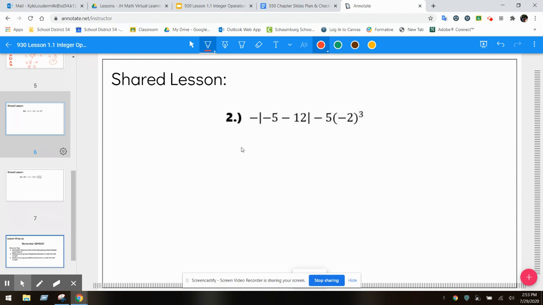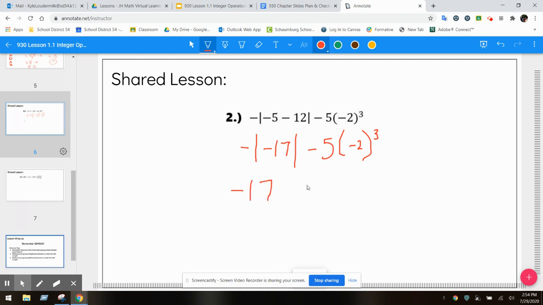So if I look, I have the opposite of the absolute value of negative 5 minus 12. So I'm going to do what that is. Negative 5 minus 12 is negative 17 minus 5 times negative 2 to the third power. All right, still not done with that grouping symbol there. The absolute value of negative 17 becomes 17. So when I take it out,